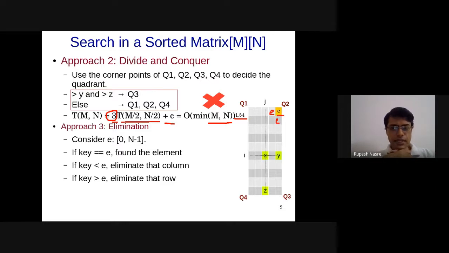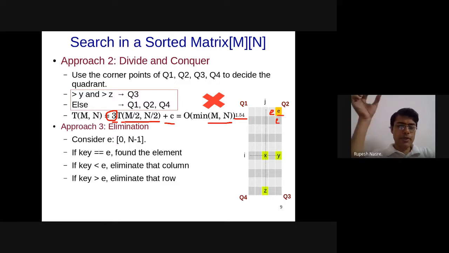If key is less than E, why can it not be in the same column? Because the column is sorted, so all the elements are going to be above E in that column. So it is guaranteed that it will not be in the same column. Think about E to be, let's say, 50, and I am searching for an element which is 24.